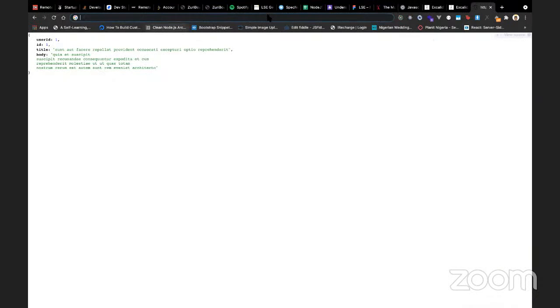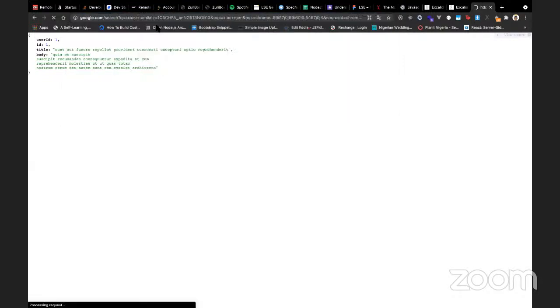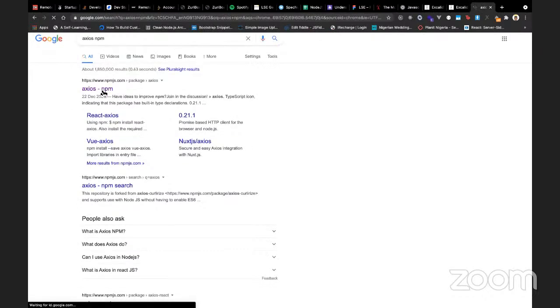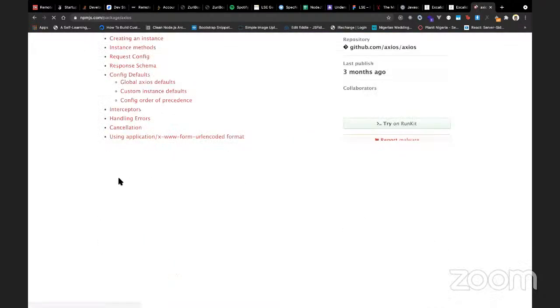For Axios, you look at the documentation. Search Axios npm, the module for JavaScript, like any package. You open it and you would see how it briefly describes how you can use it. If you scroll down, it shows you how to use it. Just do axios.get, make a request for the given ID, you pass